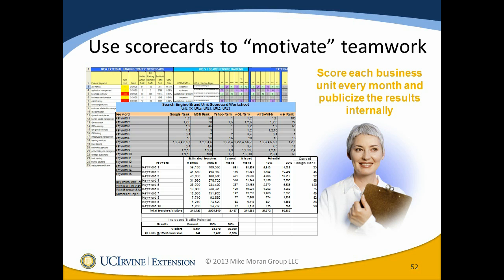If you have a large enough organization, it would be better to say product A has 42% correct, product B has 28% correct, product C has 17% correct, because there becomes immense pressure on product C to not be so bad. And if you can pit different pieces of the organization against each other and scorecard them,